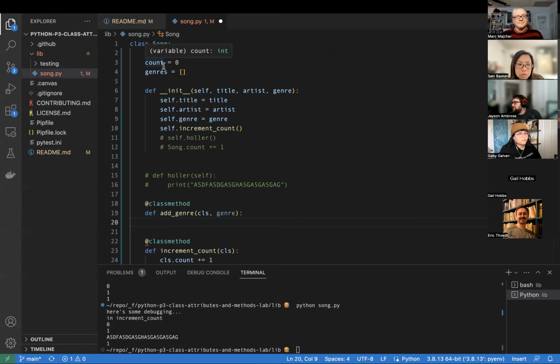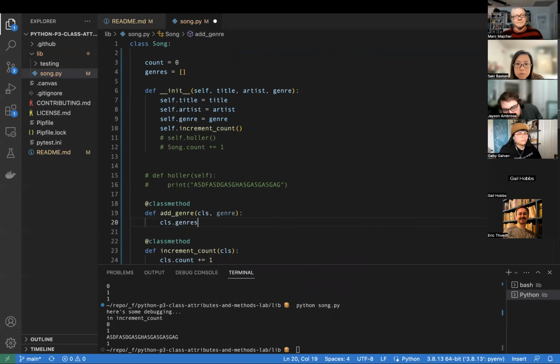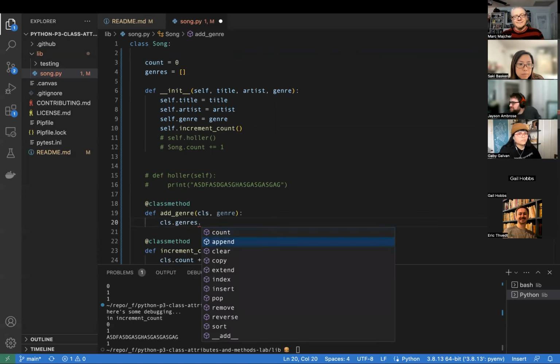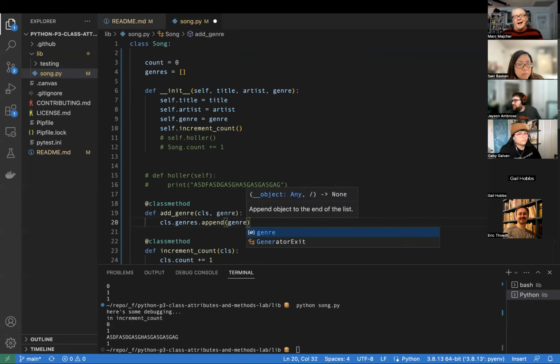CLS dot genres dot append genre. Python doesn't have push, does it? Append genre. And so